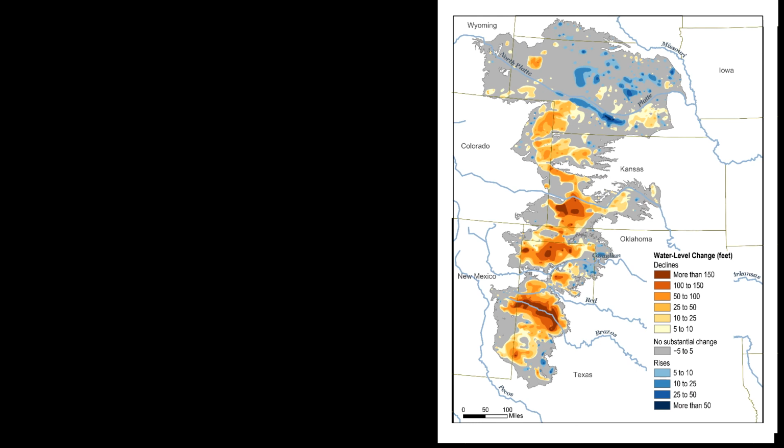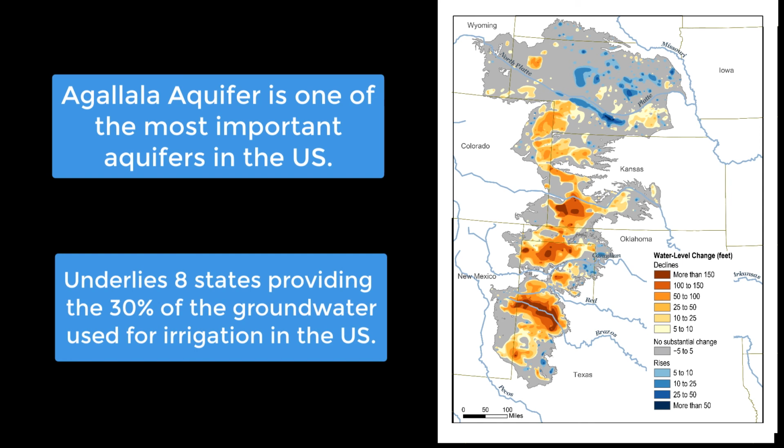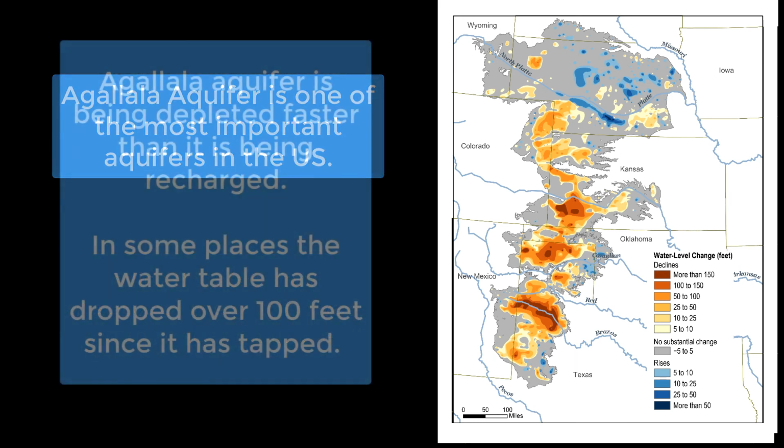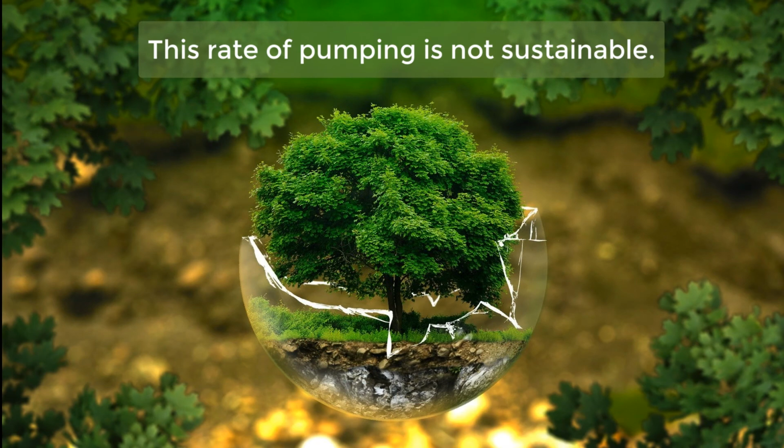The Ogallala Aquifer is one of the world's largest aquifers, and it underlies 8 states in the Great Plains. 27% of the irrigated land in the United States overlies this aquifer and supplies about 30% of all groundwater used for irrigation in the United States. To say it's an important aquifer is an understatement, but due to growing agriculture demands, it's becoming depleted. It is not recharging as fast as the water is being pumped out of it. Clearly, we have been treating this as a non-renewable resource, and we can expect problems arising from this approach in